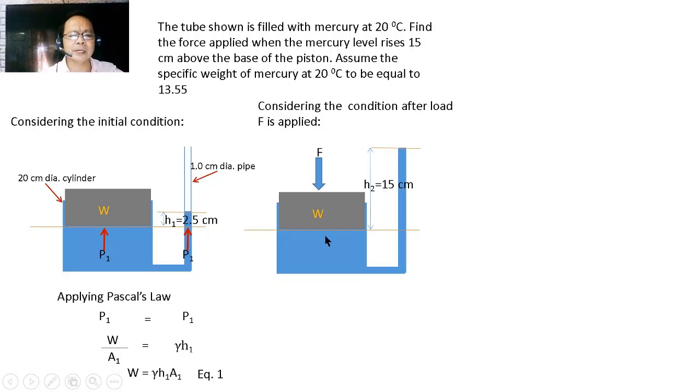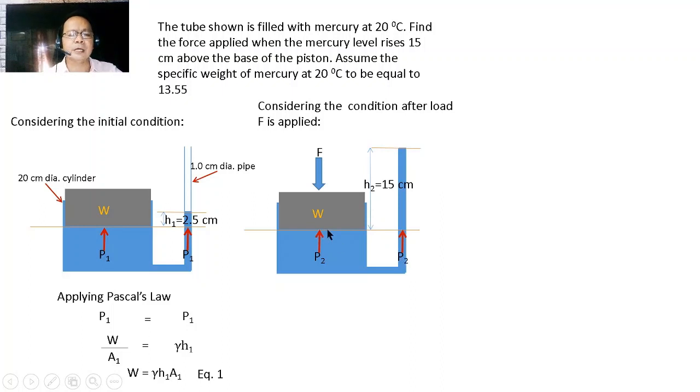So we would expect therefore that at this point, meron tayo ngayon ditong pressure, and let us call this pressure P sub 2. And if you're going to apply the concept of Pascal's law, we expect that at the same horizontal level, at the same point, so makatiwid at this point on the tube, meron tayo ditong pressure P sub 2 also,